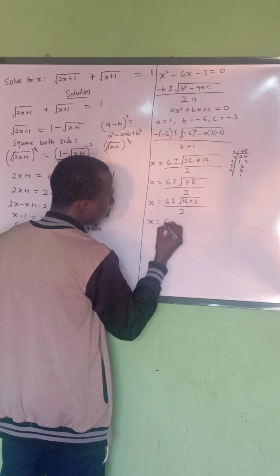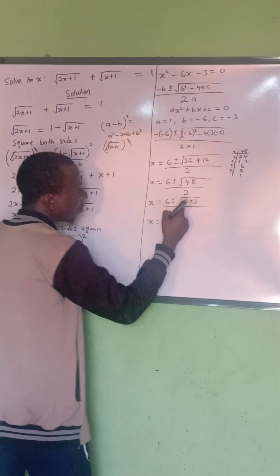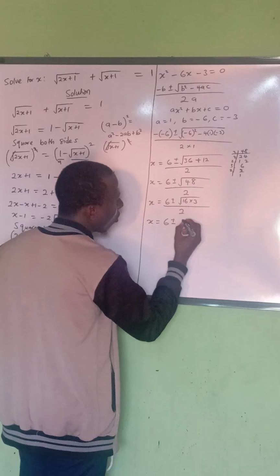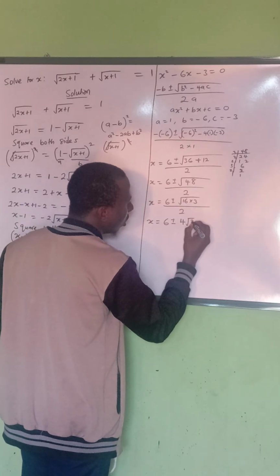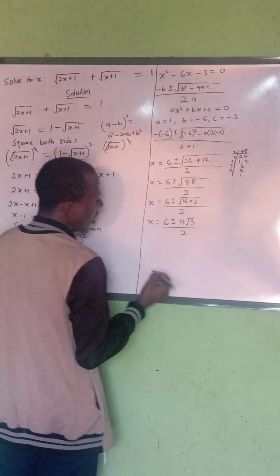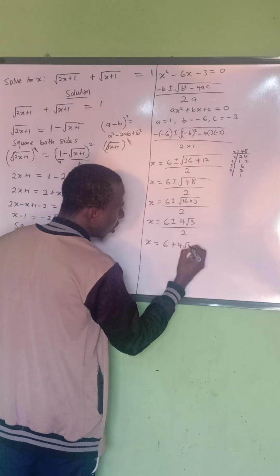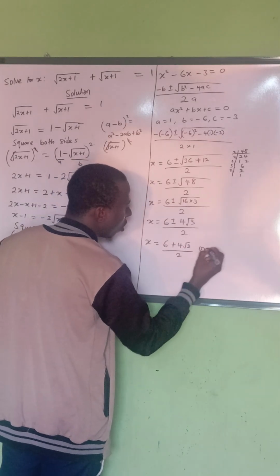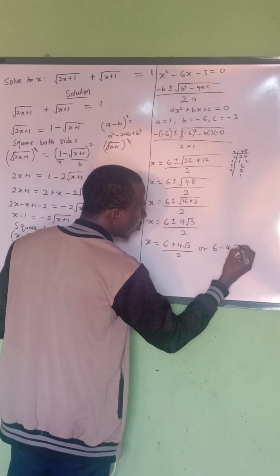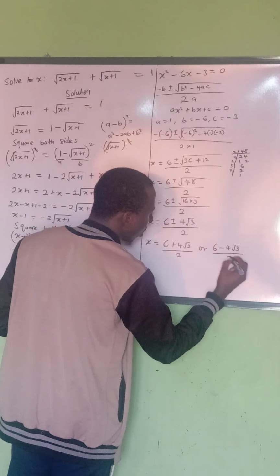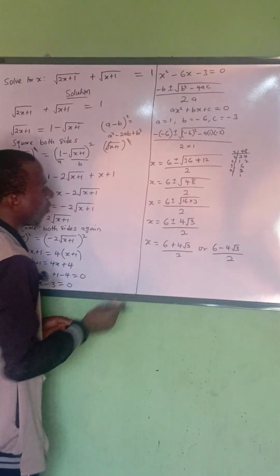So x will now be equal to 6 plus or minus square root of 16. We have it as a perfect square of 4. That's 4 root 3, all divided by 2. Now x will be equal to 6 plus 4 root 3 divided by 2, or 6 minus 4 root 3 all divided by 2. So this is our final answer for the